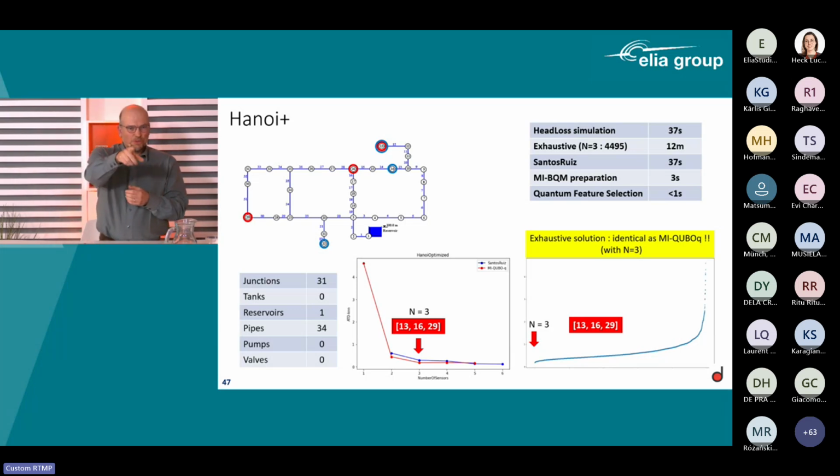So Santos Ruiz is the blue line indicated over there. And the red one is actually, and that's very interesting, also the outcome of the best possible combination of 3 for the quantum. So quantum gave me exactly the same result as the exhaustive calculation of everything that we had. And I could already demonstrate that Santos Ruiz is not really doing the same trick. So it's deviating from that. So that was already a very good outcome, giving confidence like, hey, we are onto something here.